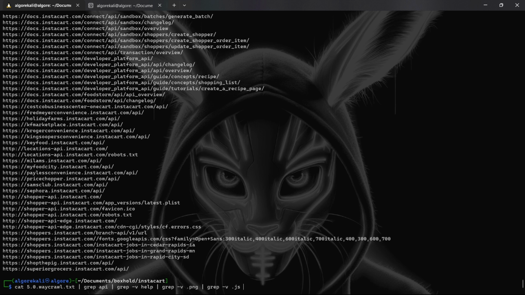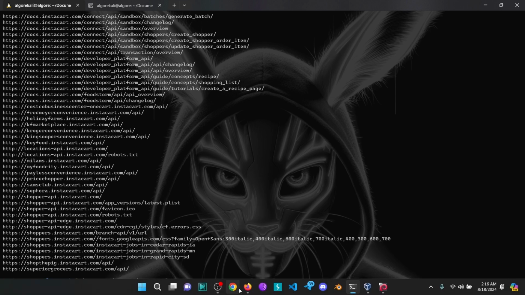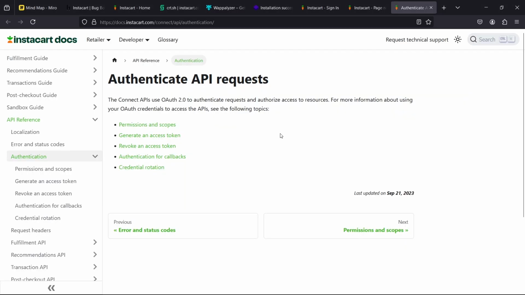Okay, let me now just renew all of these into 5.2 dot API only dot txt. Let me see if this is loaded. Yeah, I don't think I'm going to need the docs. But